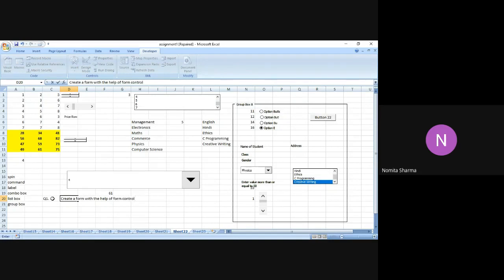And please remember, I will leave it to your imagination how you want to use the form control, what parameters you would want to have in the form. It is all up to you. Remember, in the theory class, we discussed that form controls are always dependent on your imagination. How you want to use them, what parameter you want to write in that, it is all up to you. So I will not tell you the variables that are required in any form.